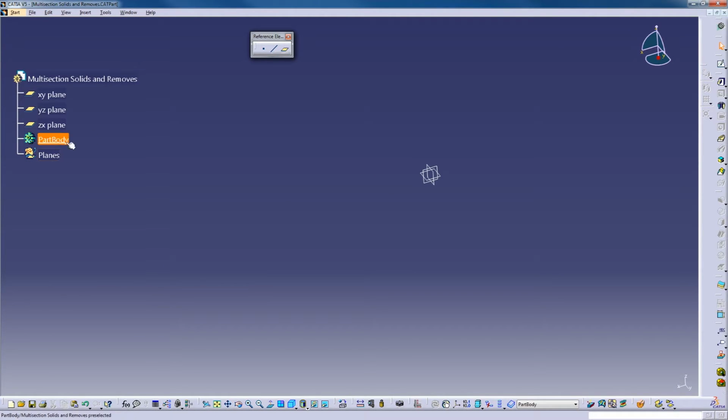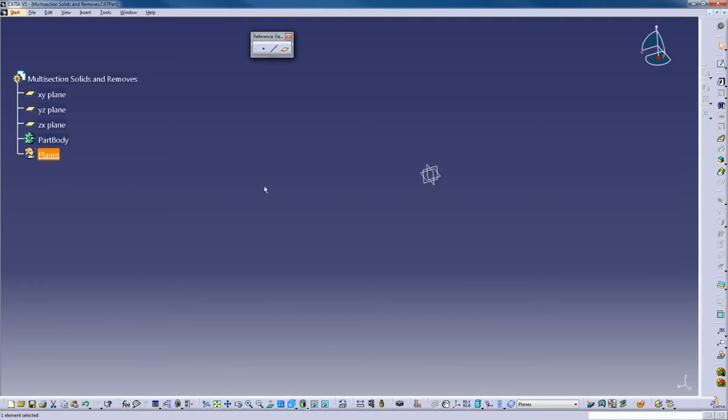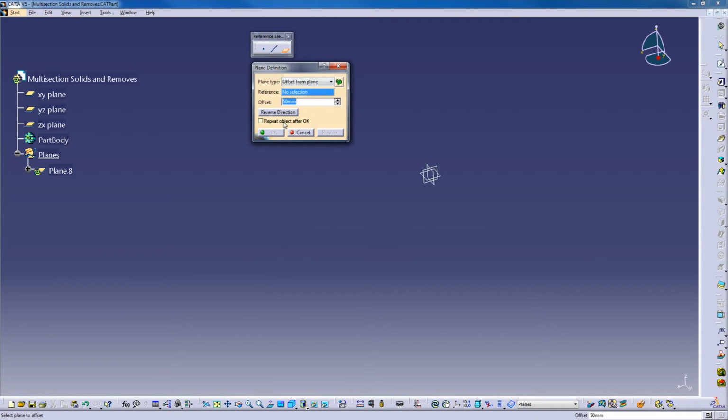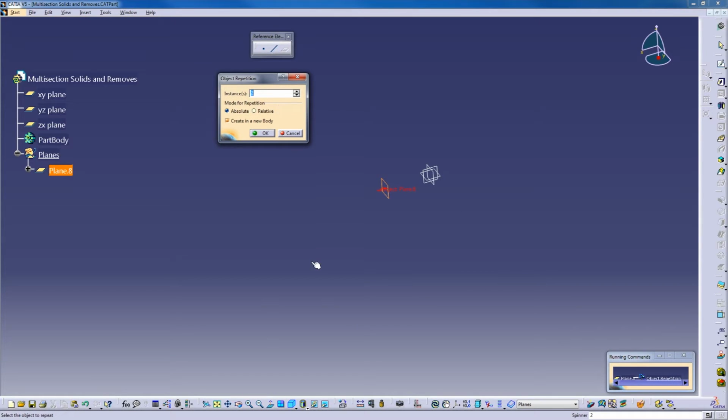Right. Make sure you watch the underline. Define planes and work object. Same thing I did before. Offset from this plane 50 millimeters. But what I can do is I can check this box that says repeat object after OK. So if I do this, I hit it, then let's look at this window here. It says how many do I want? Okay, well I want 4 of these, and absolute, relative, or create a new body. Okay, so let's look at this right here, create a new body. So I hit OK,